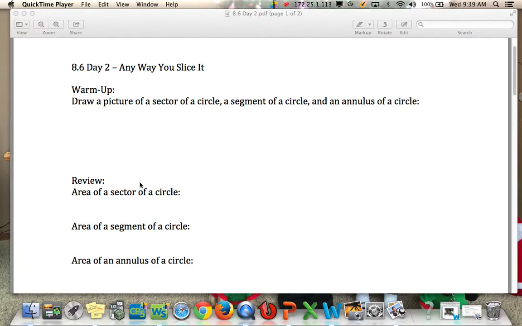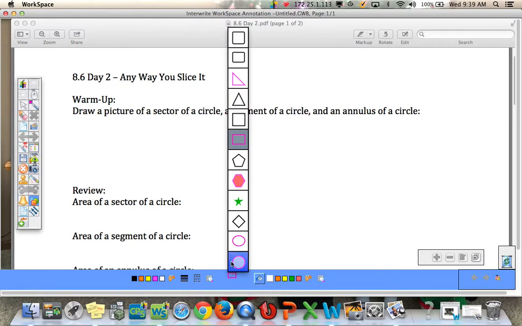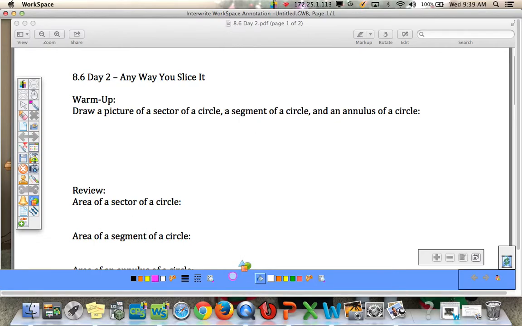All right, first is a sector of a circle, and when you think of sector, think of a slice of pizza. So here's our sector. And a sector, again, think of a slice of pizza. So from the center,